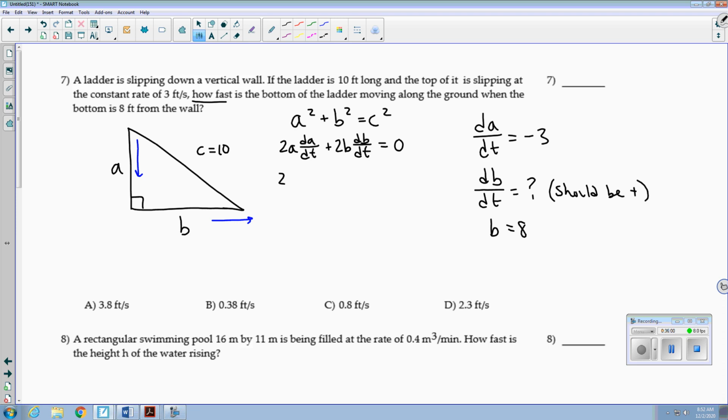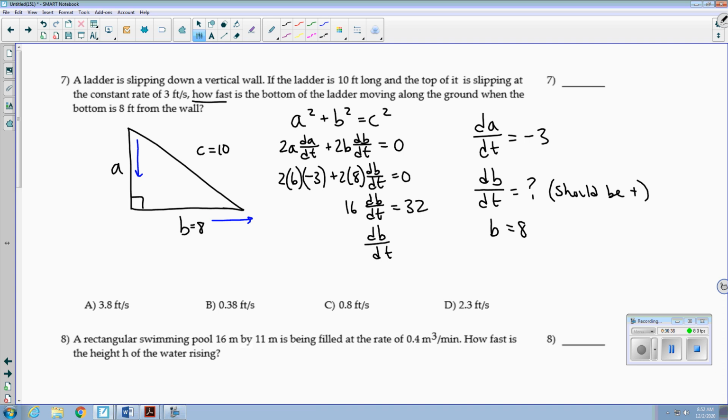So if I were to plug in a constant there and differentiate, it would go to 0. We don't have a value for A at this point in time, but knowing that B is 8 and C always remains 10, I can use the Pythagorean theorem to find out that A would be 6. dA/dt, we know it's going down by 3 feet per second. 8 dB/dt is what we're looking for. So I can say that's negative 18, negative 32, so 16 dB/dt equals 32. So dB/dt,